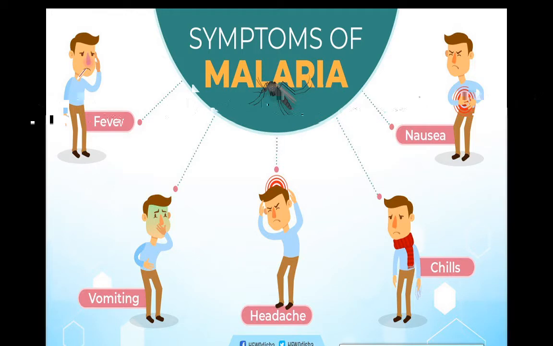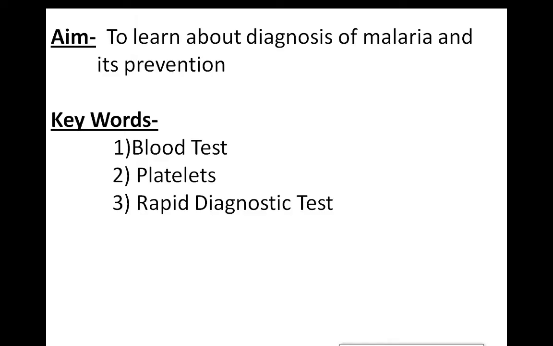Okay, many symptoms, many external signs shown by our body like high fever, vomiting, headache, chills, nausea and poor immune system. So like that we have completed here about the causes of malaria and the symptoms of malaria. Now we will learn about how malaria can be detected, means the diagnosis and the prevention of malaria. So for that, be ready with your notebook and pen.